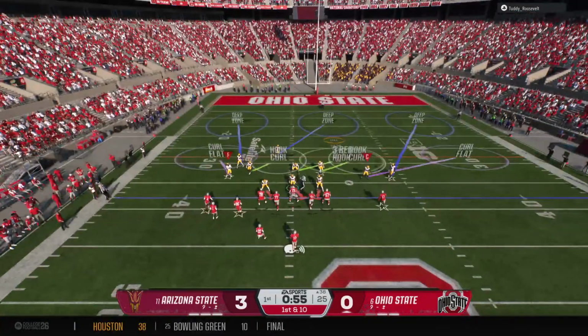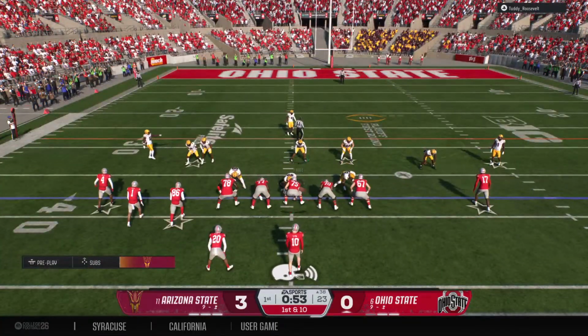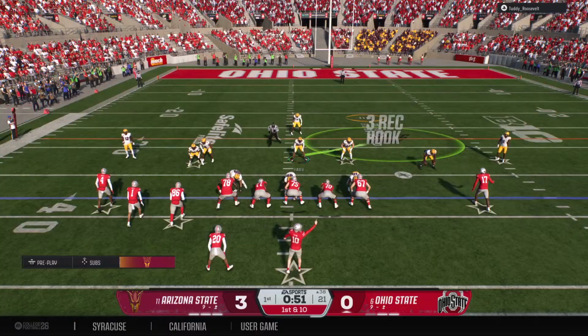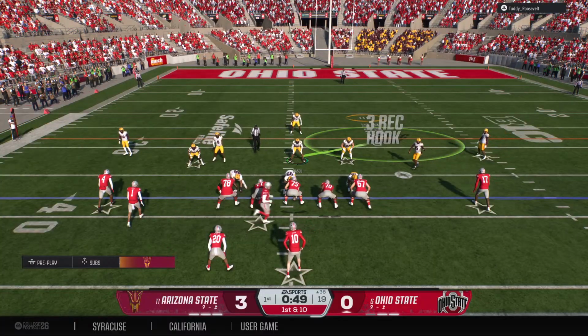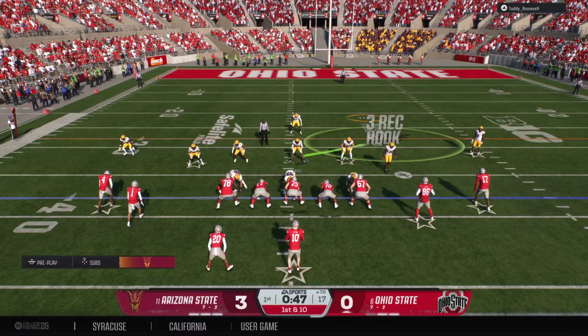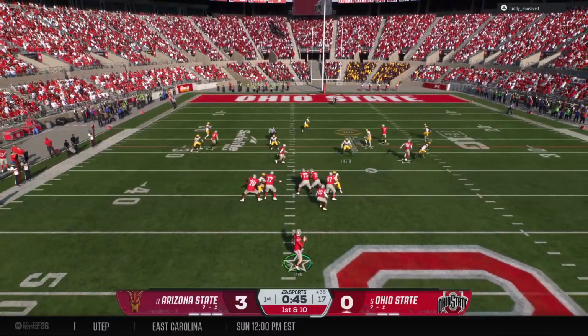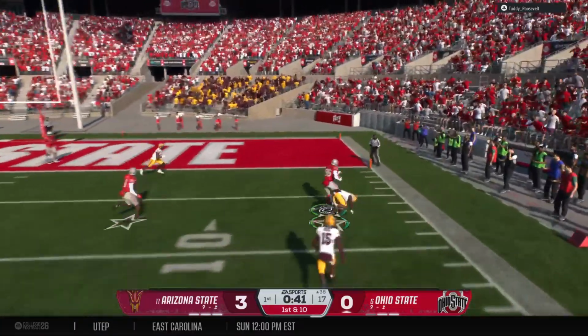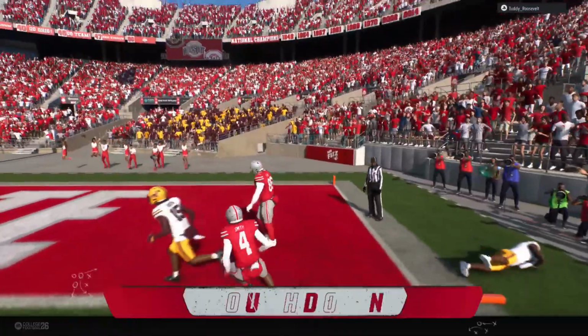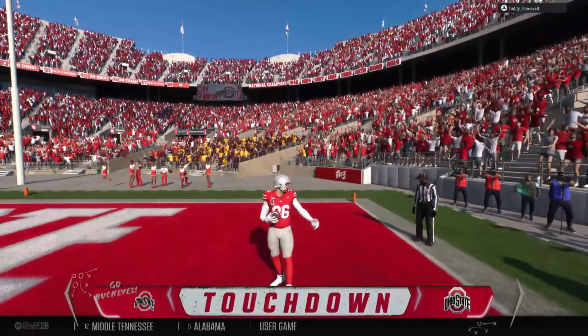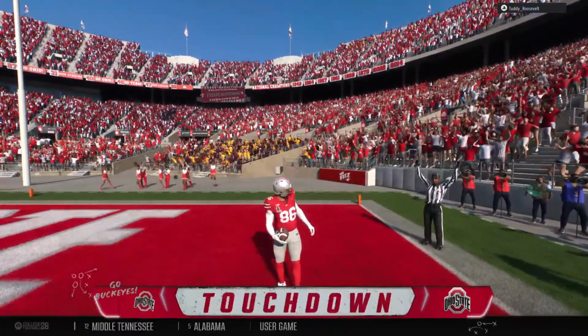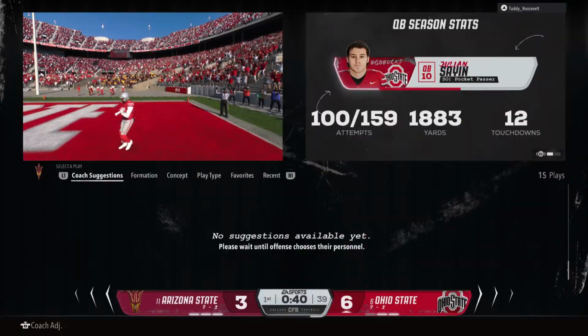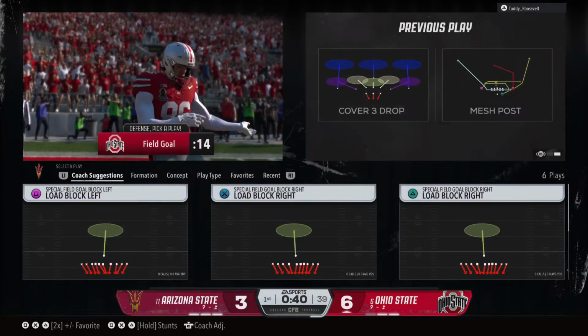That's a strong run. Keeps the drive going. 1st down now. Quarterback drops back. Quick dart to the right. And it's caught inside the 10. Touchdown, Buckeyes. A catch and run by the big tight end. What a weapon this guy is. And a touchdown to the big tight end.